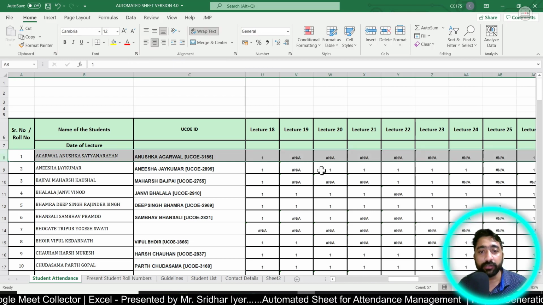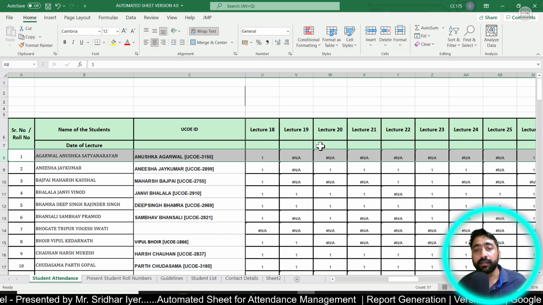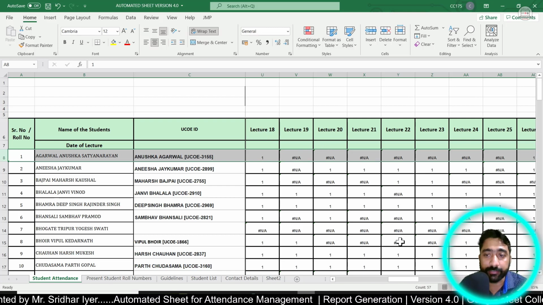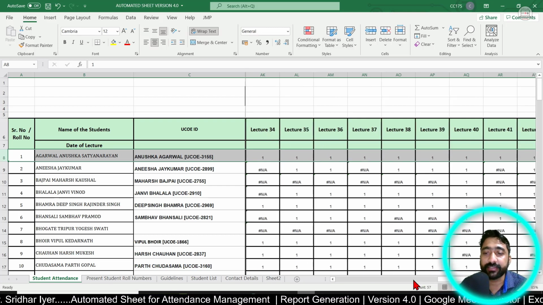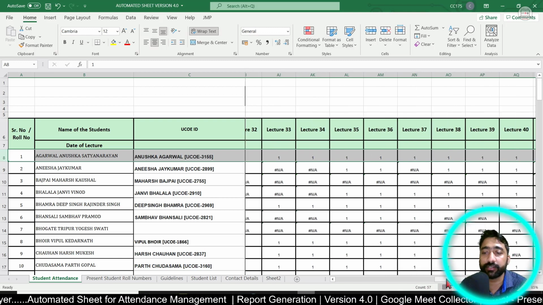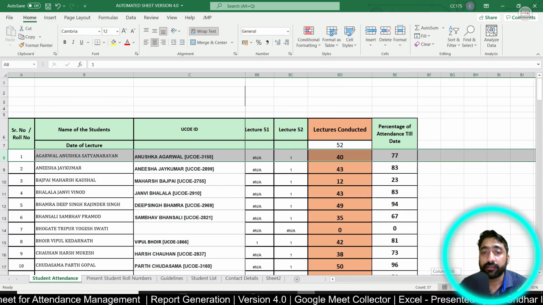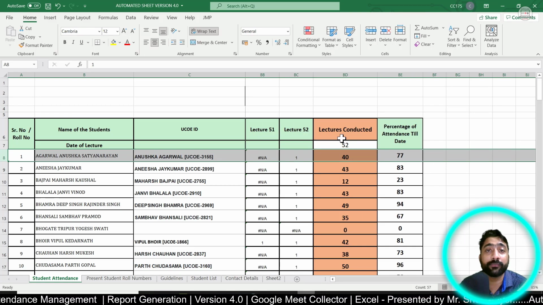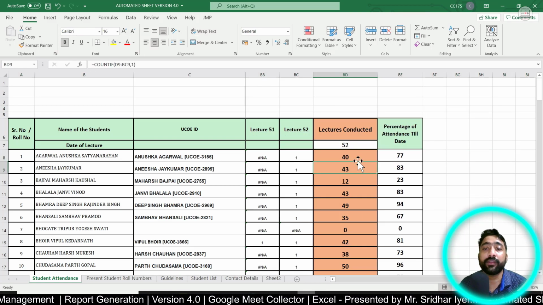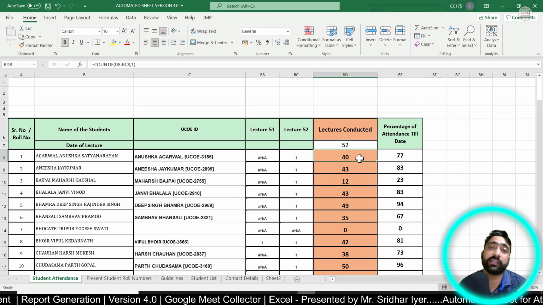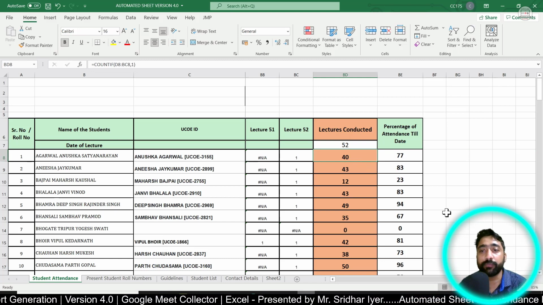So for this particular student over here, she had attended lecture number 18 but was absent for lecture number 19, right? So as a result, when I scroll to the right, at the end you will see that it also counts the total number of lectures conducted along with the lectures attended by that particular student, and the last column being the percentage of attendance till date.